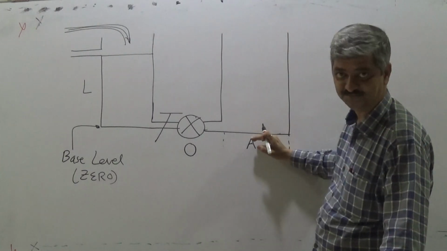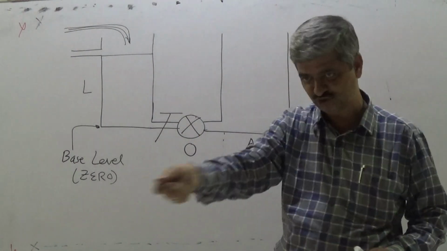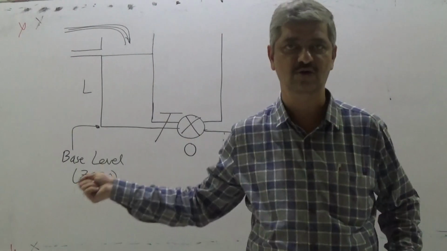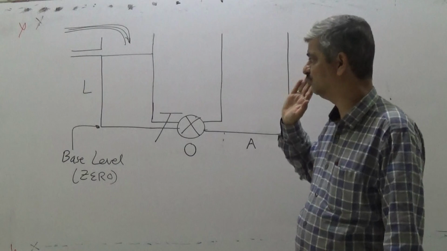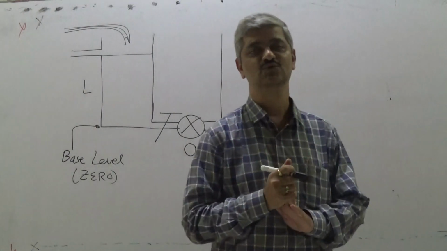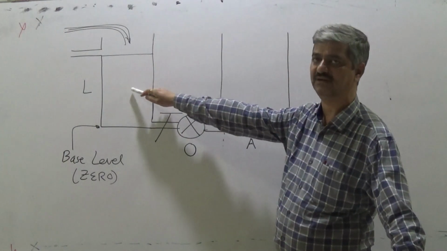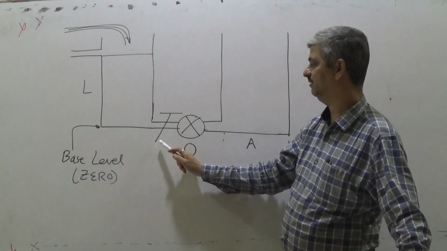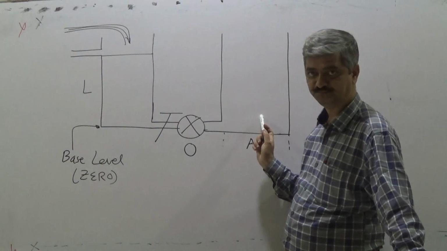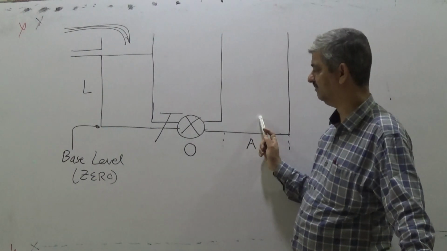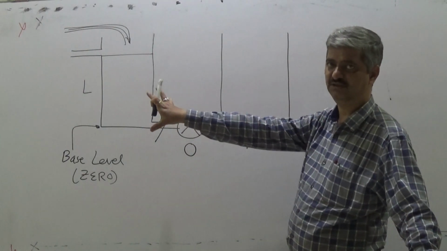Tank is initially empty. This is the stopper, means you know that the valve is there and the stopper is there. You can stop it or you can open it. The stopper is closed right now. So this is the starting position. At the starting position, what have we got? A constant level L is maintained in the left container because of the stopper, and since the tank was initially empty, there is no water level in the tank. This right hand side tank, there is no water here. The valve is marked at some fixed position, giving